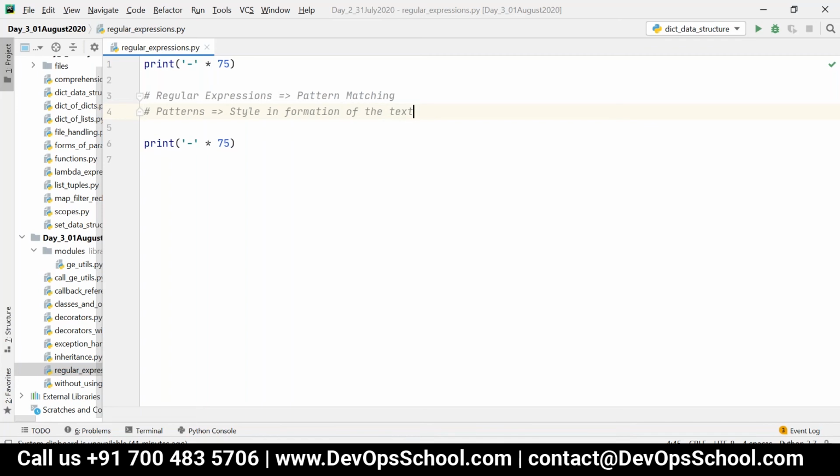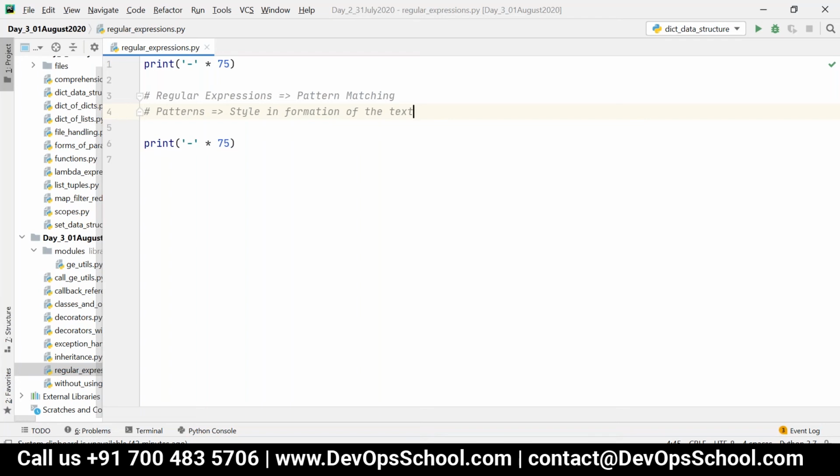That is email ID, passwords, mobile number, PAN card number, Aadhaar card number, credit card number, debit card number, any pin, and error codes. Like all executable files, which end with .exe, follow a unique pattern. That follows some unique template, and that is nothing but a pattern. So regular expressions are useful for pattern matching.